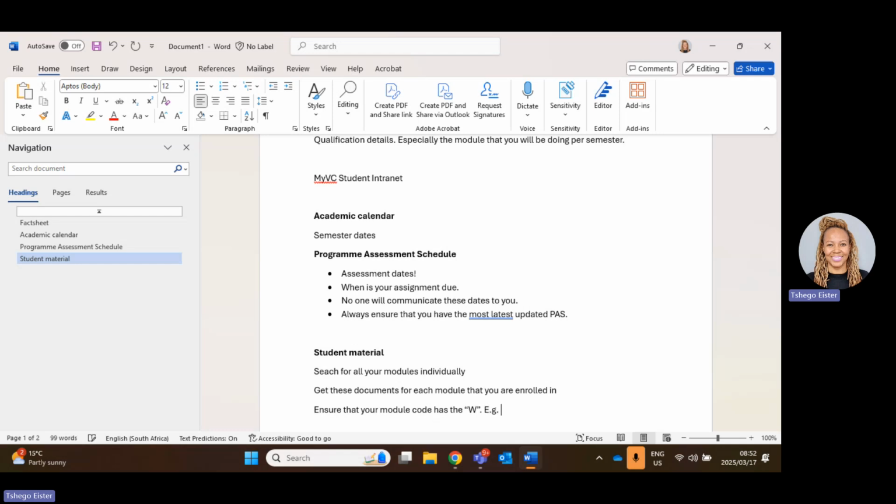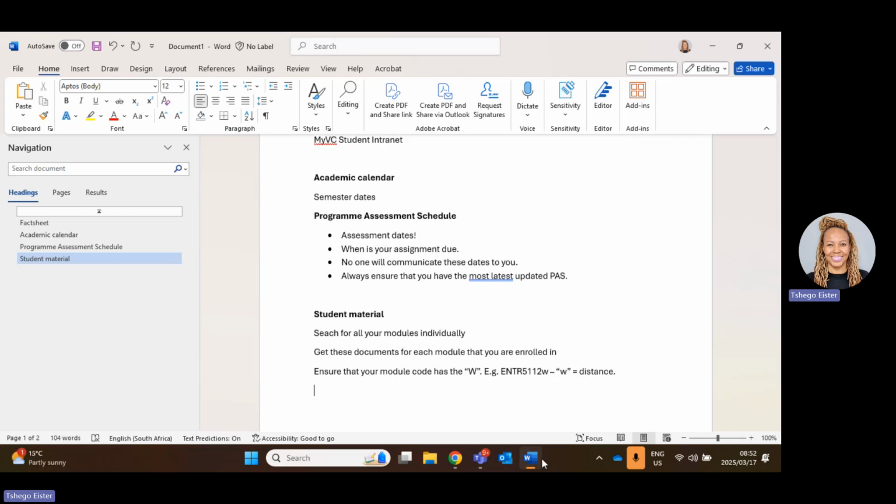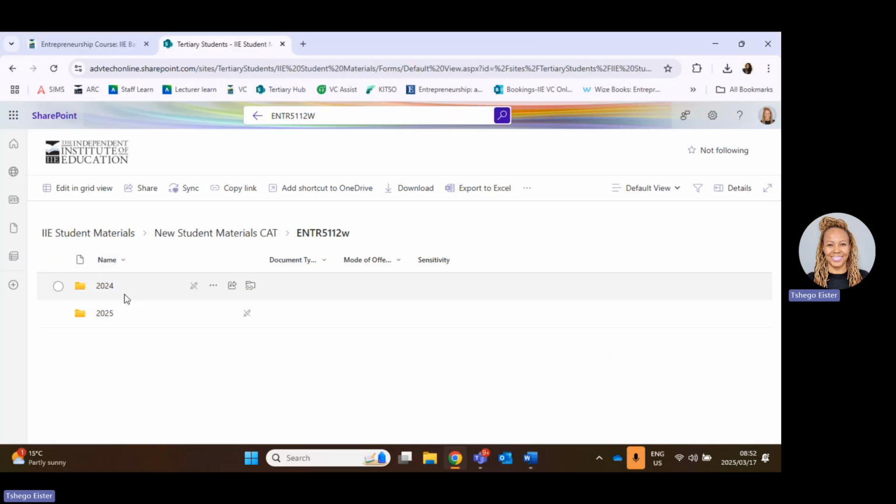So for example, ENTR 5112 with the W. The reason for the W, let me say, is that the W equals distance. That means you are a distance student. Okay, so going back to the student material, we're going to go to 2025 term 1 because that is the